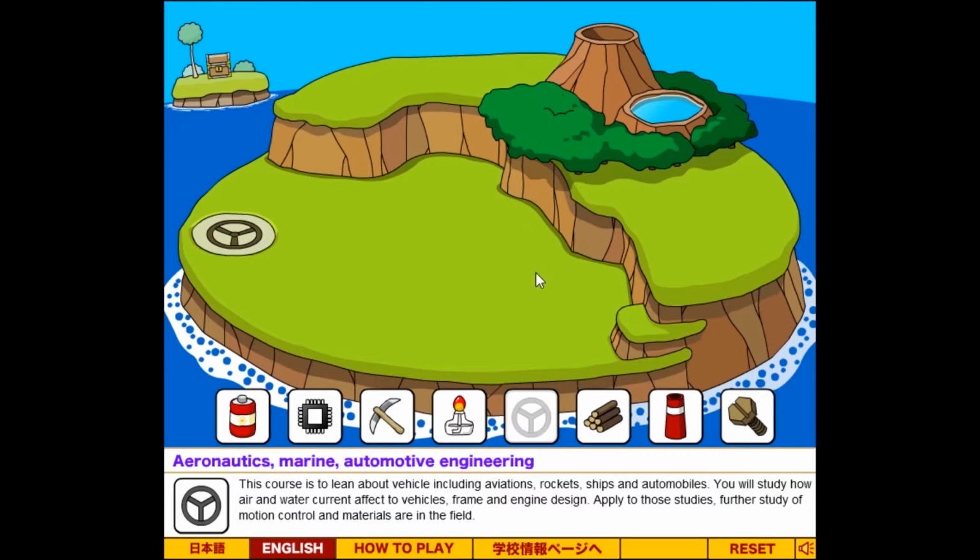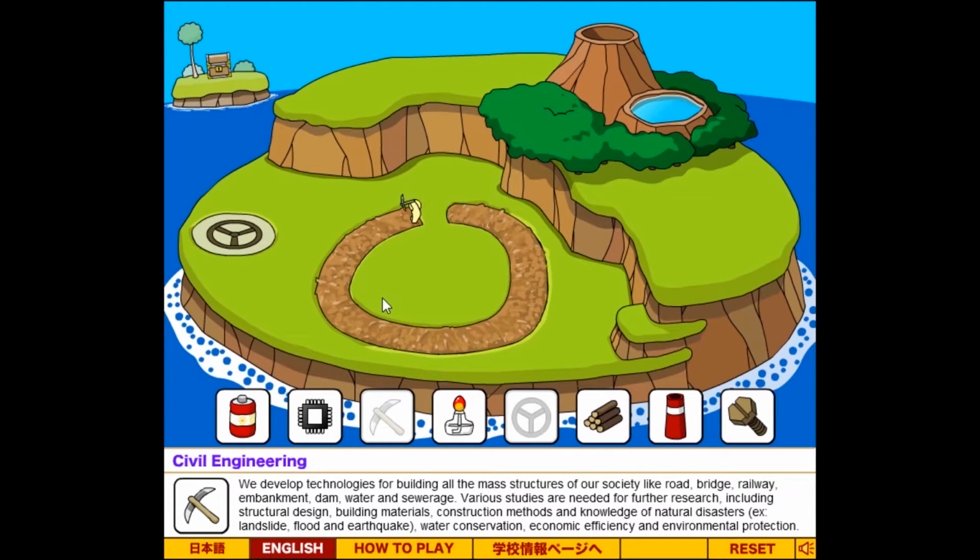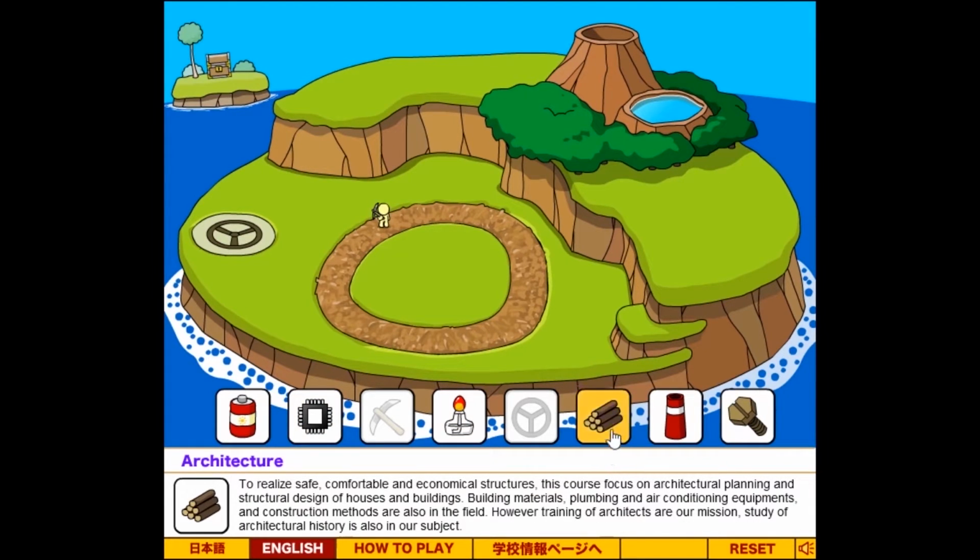So, strangely, according to the walkthrough I've just consulted, we need to start with aeronautics. I guess that needs some time to develop. And then we'll want the civil engineering, which I believe was the road network with the pickaxe. Yes, so that guy needs to pop up first. Then we need to get the architecture going, because we need that couple to get together relatively early on so that they can breed